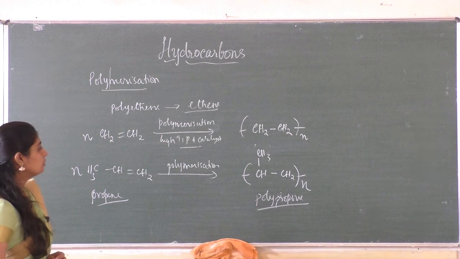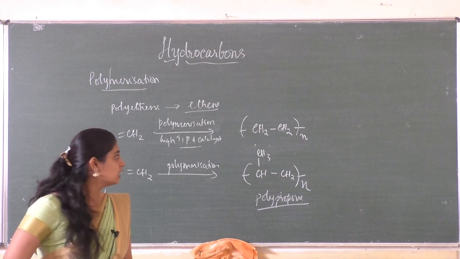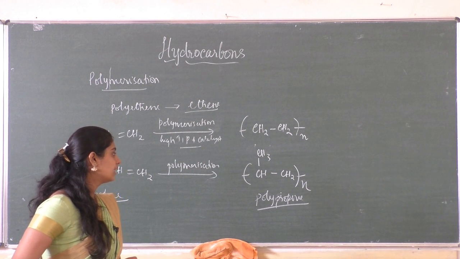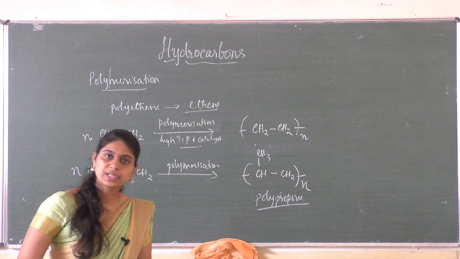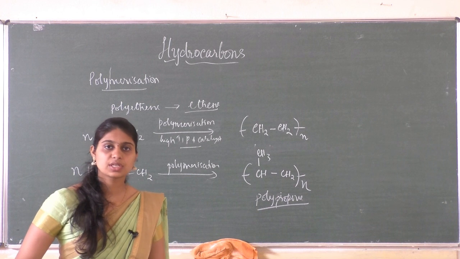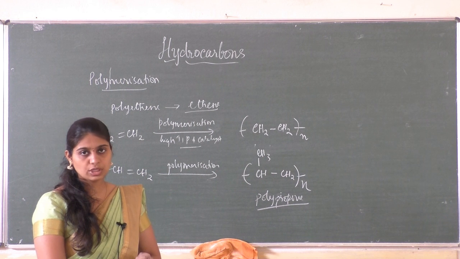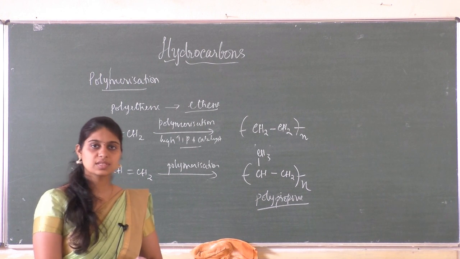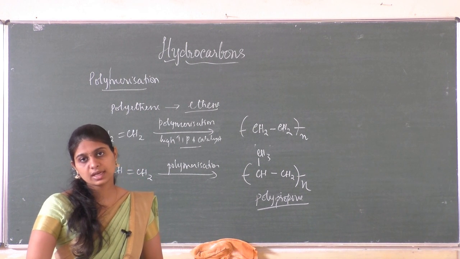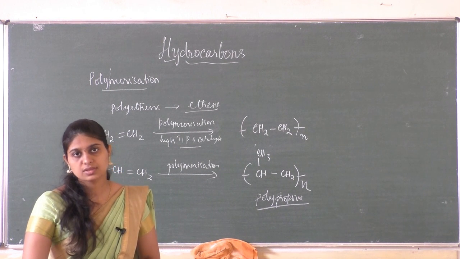So this is about the polymerization reaction of alkenes. In today's class we have dealt with the Kharasch effect or peroxide effect, and then addition of water, addition of sulfuric acid, and then oxidation, ozonolysis, and the polymerization reaction in which monomer units get added so as to form a large or very big molecule that is called a polymer. So this is about the reactions of alkenes. In the next class let us see alkynes, their properties, preparation, and then reactions. So thank you.